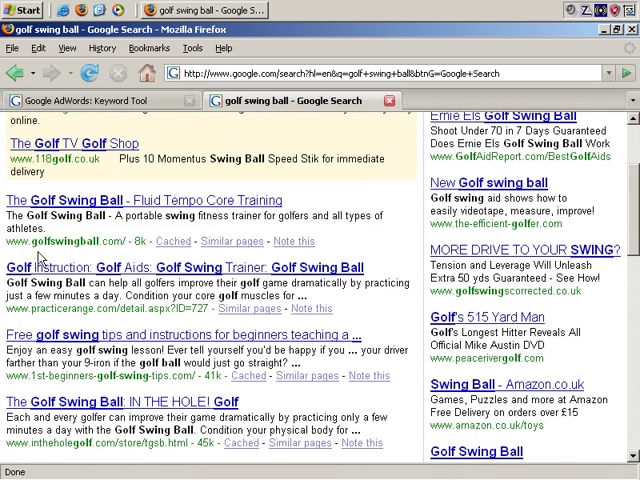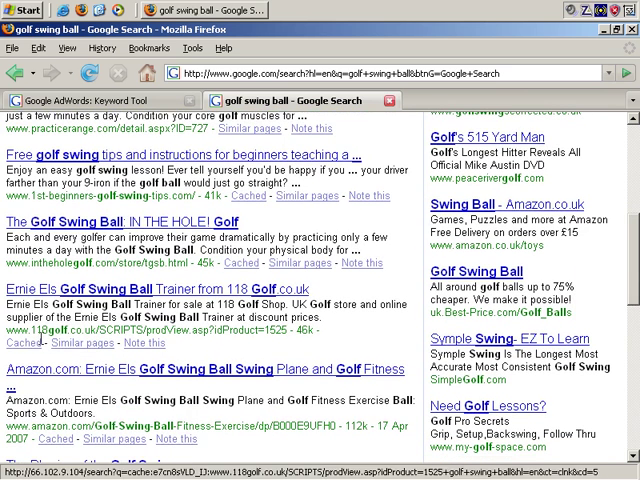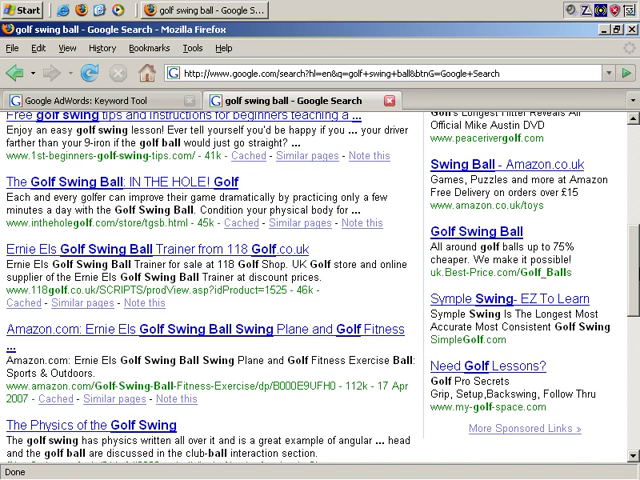golfswingball.com, practicerange.com, First Beginners, golfswingtips.com. That's not easy to type in. 118golfball.co.uk, and so on. So with all this, you can see that you get hundreds, if not thousands, of keywords easily,